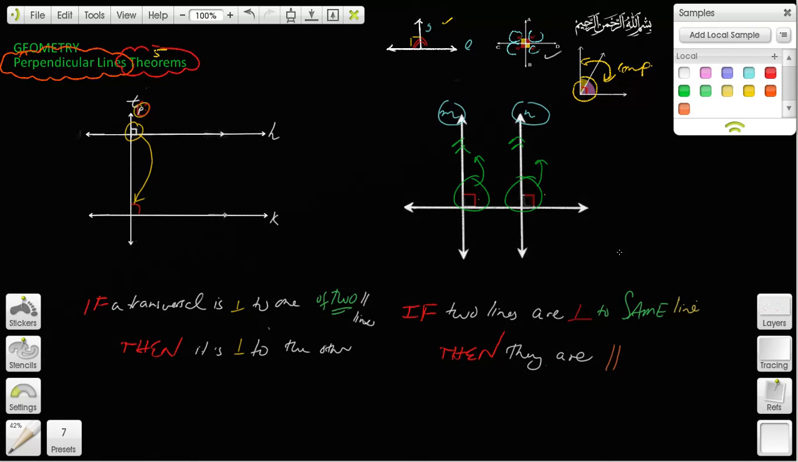We have to review some algebra too for this chapter about lines and slopes, etc. We should do it